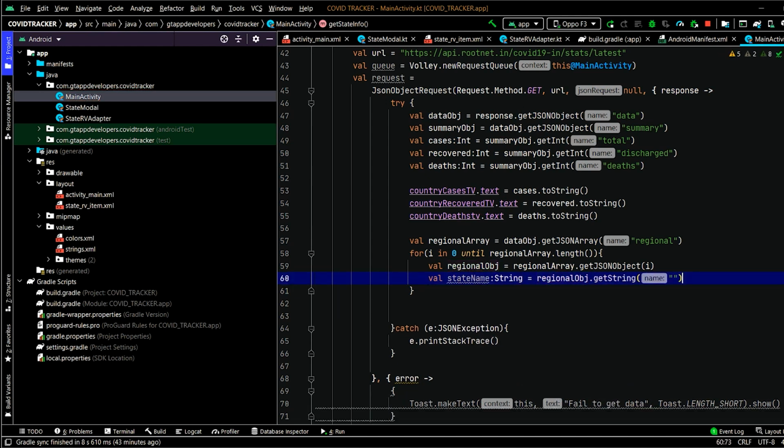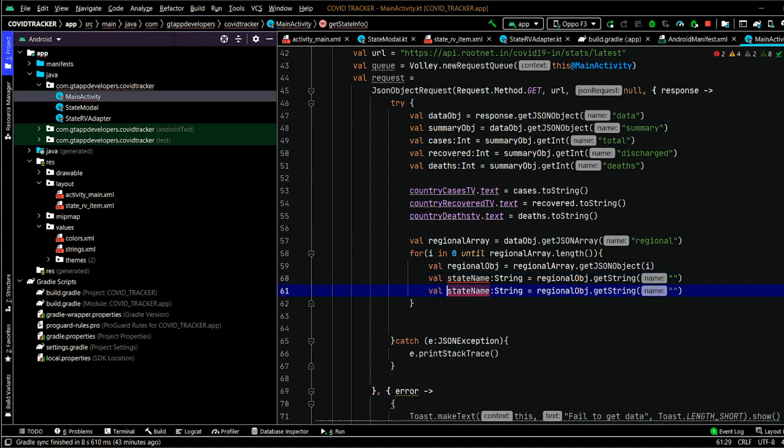Similarly, we have to create integer variables. We will create three variables, that's the cases, recovered and deaths. So first one is for the state, then this one will be for cases.